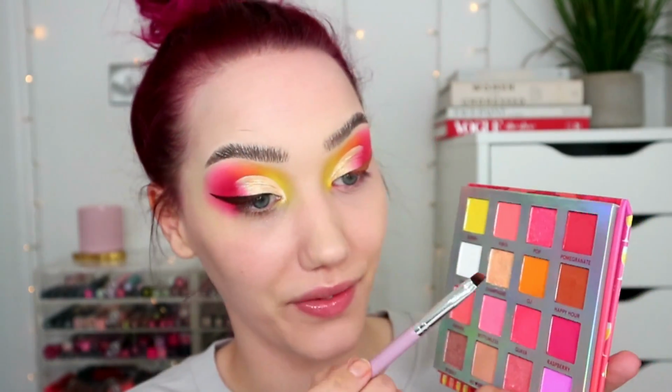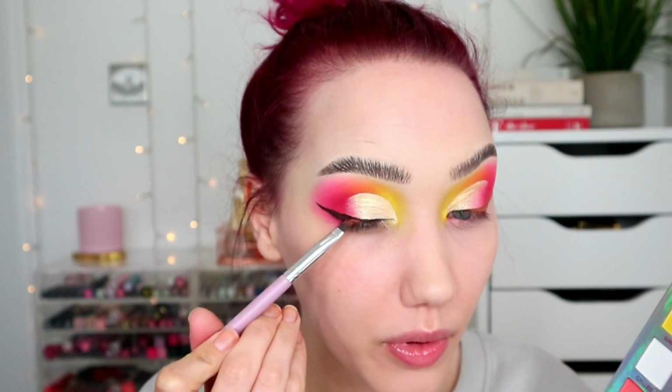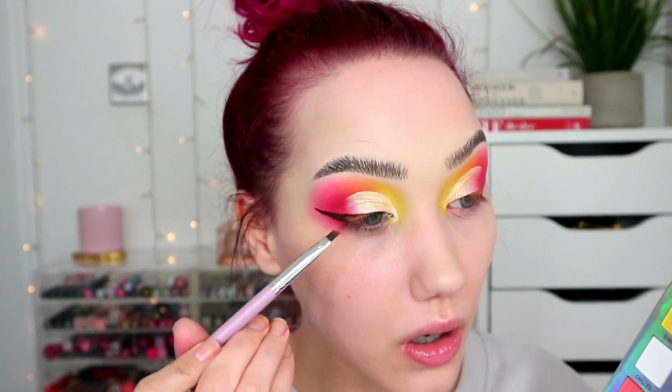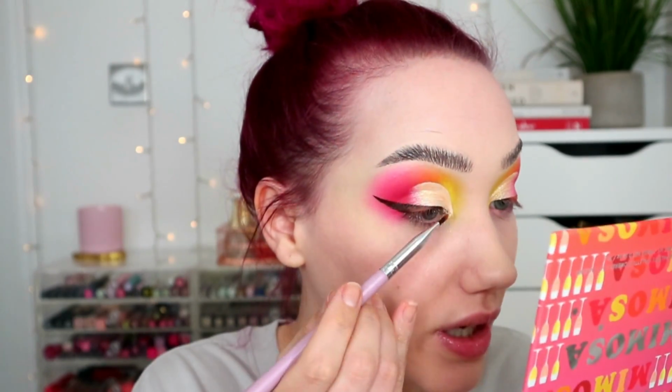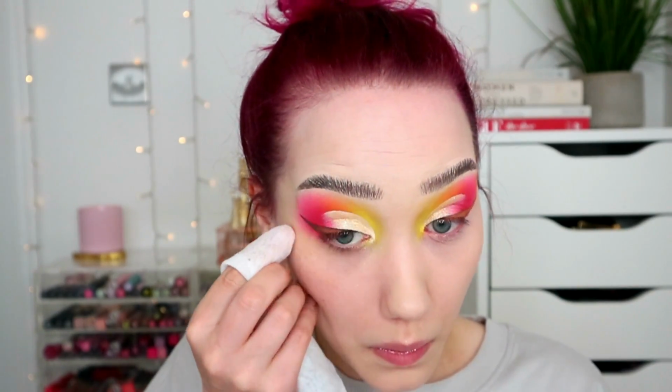You have to take what you can get with wings. Happy Hour is the brown that I'm just going to dab over, just to brown it up, tone it down, use another shade in the palette. Oh, I'm doing this prematurely. I have to do everything backwards because I didn't like the other eye and then changed it, so I'm just going to wipe away